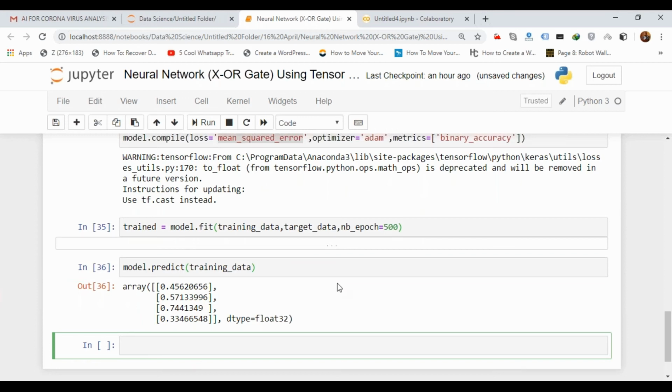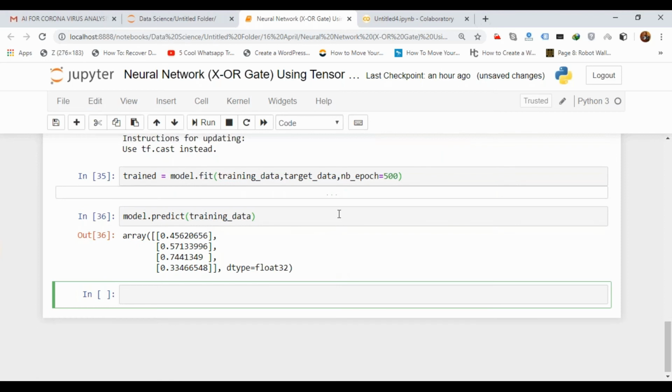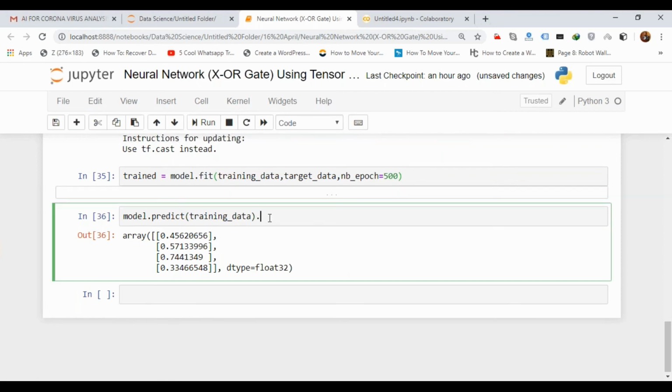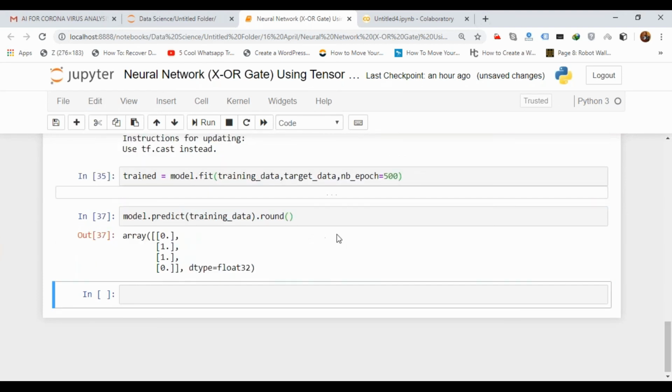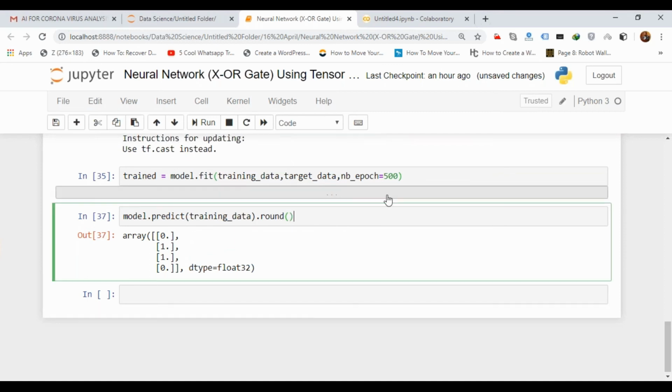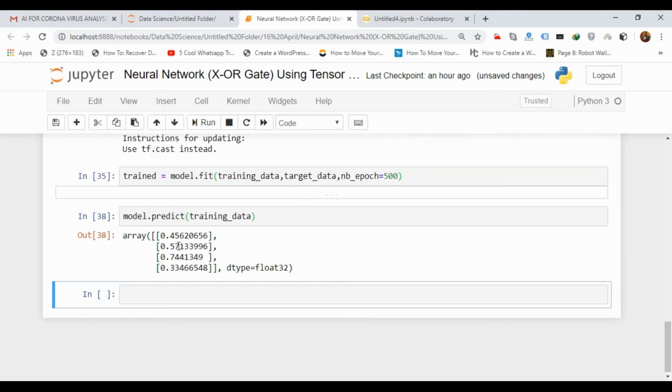Here you can see the output that we are getting. If I round this, I'm getting the value as this one. So this is basically the output that we are getting, the predicted values.